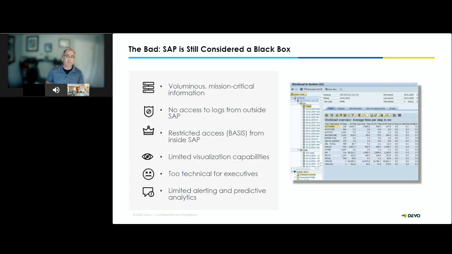This is the SAP interface. It's confusing, technical, has restricted access, and there are no APIs for user response time. We call it a black box because that's what our customers call it. It is a highly restricted environment with practices that reinforce data silos. It doesn't break them down. The SAP landscape has very limited visualization capabilities, and native data solutions do not allow the users to customize the look and feel. On the other hand, SAP's primary focus, as it should be, is on process execution, not monitoring,